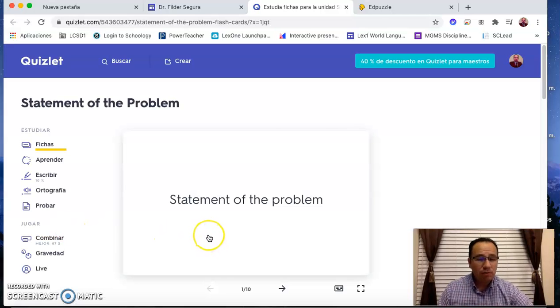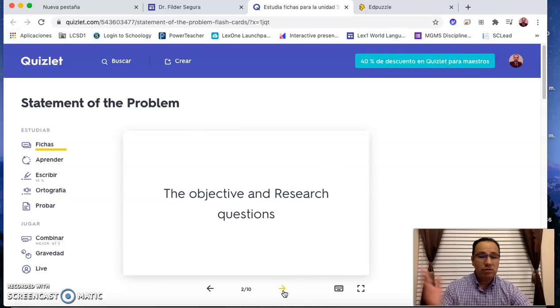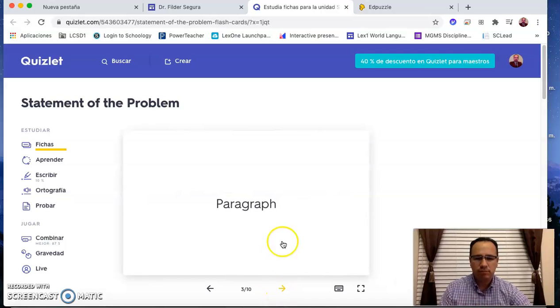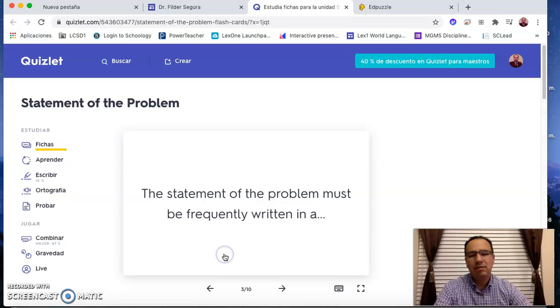what is the statement of the problem? The statement of the problem is considered something that tells what is done to make the situation that exists more like what it should be. Okay, what are the objective and research question? These 2 are the main important elements of your research description. What is a paragraph? A paragraph is what is said, something that you will have to write. The statement of the problem must be frequently written in a short paragraph. Okay,